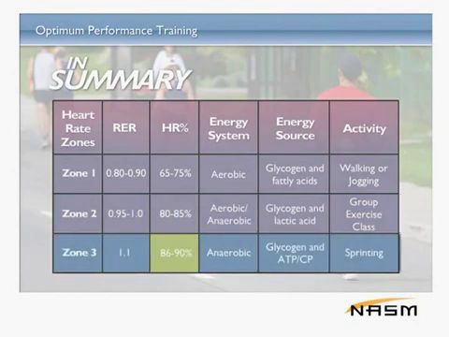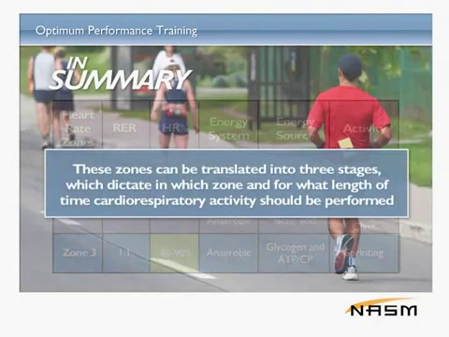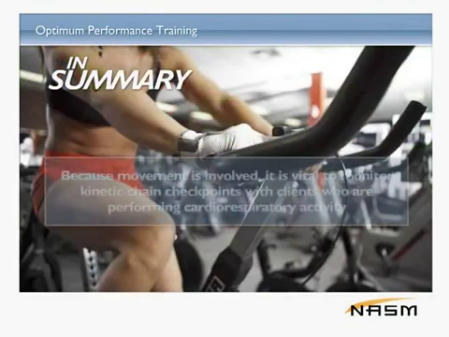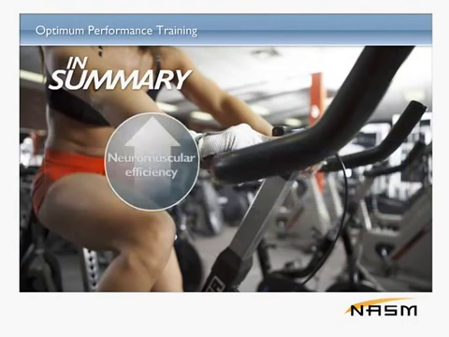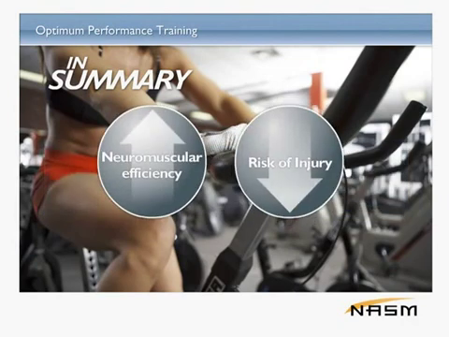Zone 3 is at 86 to 90% of heart rate maximum. These zones can be translated into 3 stages, which dictate in which zone and for what length of time cardiorespiratory activity should be performed. Because movement is involved, like all other forms of exercise, it is vital to monitor kinetic chain checkpoints with clients who are performing cardiorespiratory activity. This increases neuromuscular efficiency and decreases the risk of